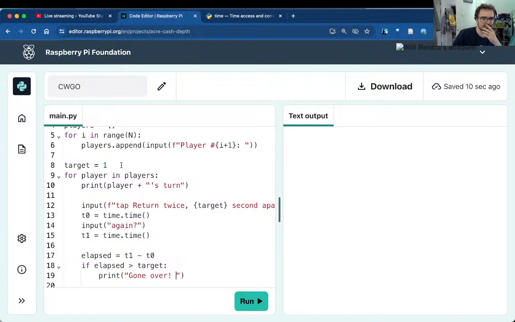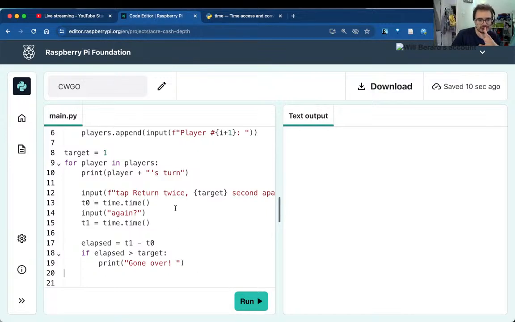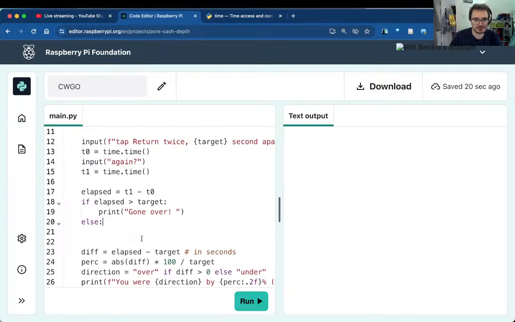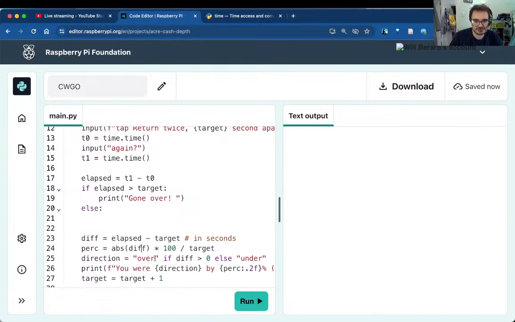Oh no, that's good. I know what I'm going to do. So let's do one round. Bunch of the players, well, this is going to be each of them. If elapse is larger, else, then we can go. The diff is elapse minus target in seconds. The percentage, we don't need the direction, and we are going to